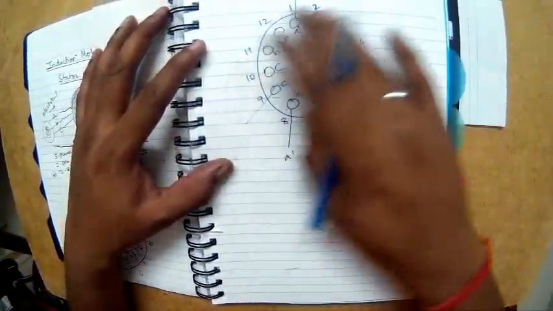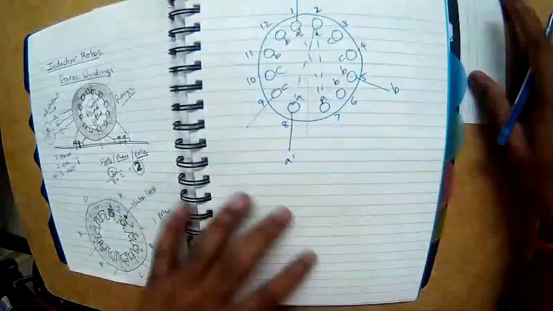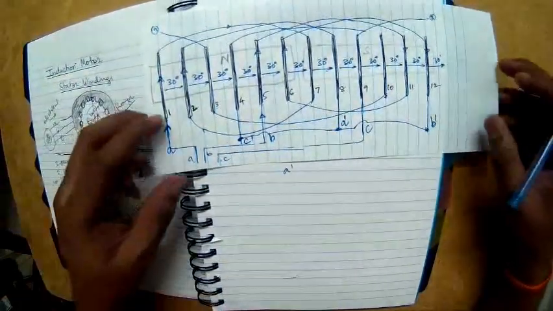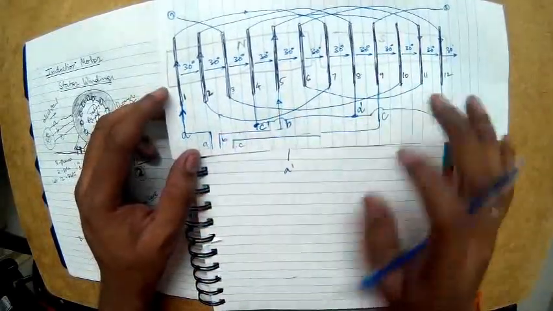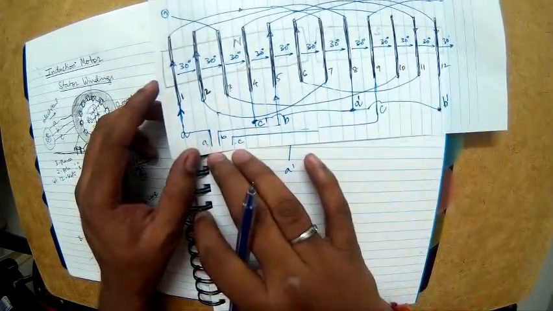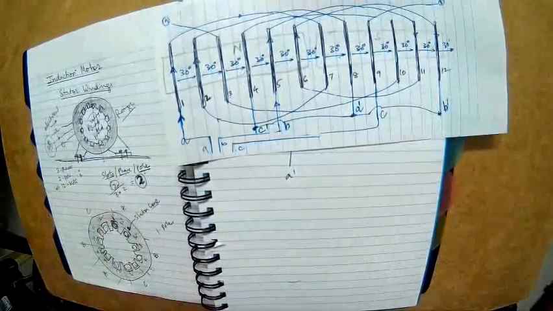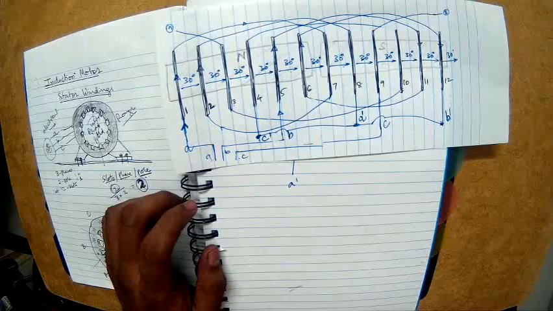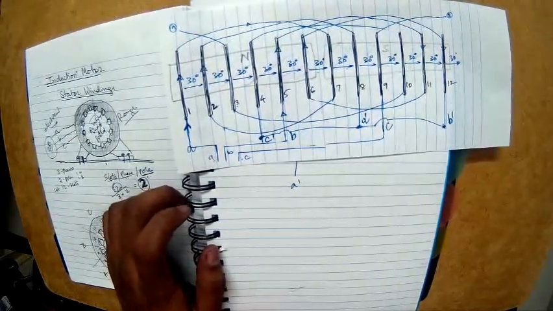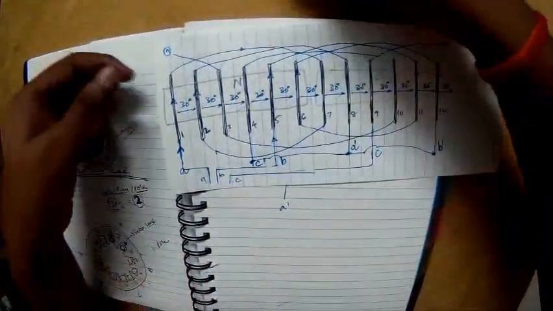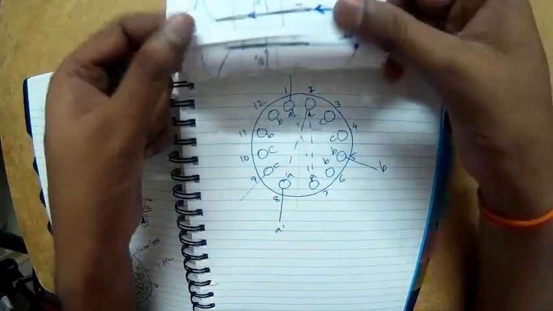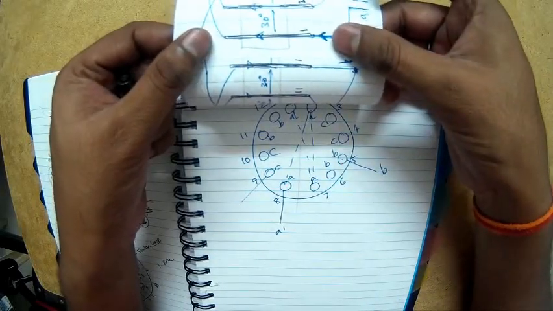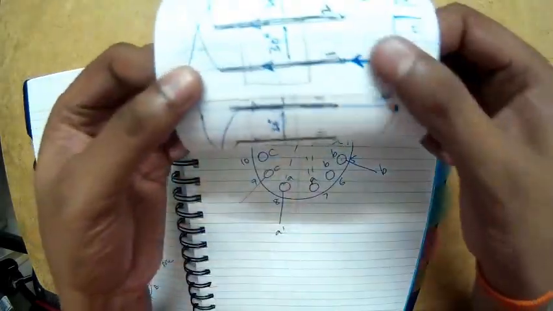This is the spatial representation, and this is like the developed drawing, so that you understand the connections. So what are the connections? There are 3 windings, so it will be 6 endings. 3 endings will be taken out and the other 3 are connected to the star point. Now as I mentioned before, physically how these things are connected, we can just roll it like this and then keep 1 and 12 adjacent to each other. I use this as my clip.